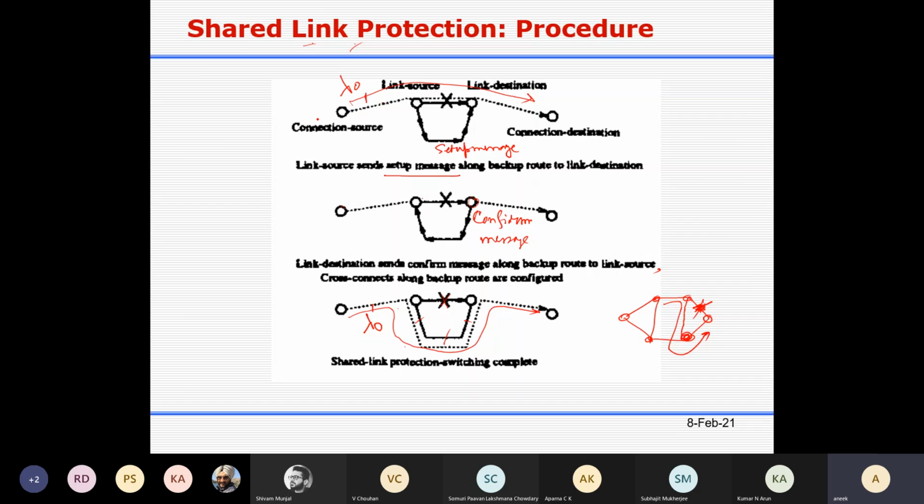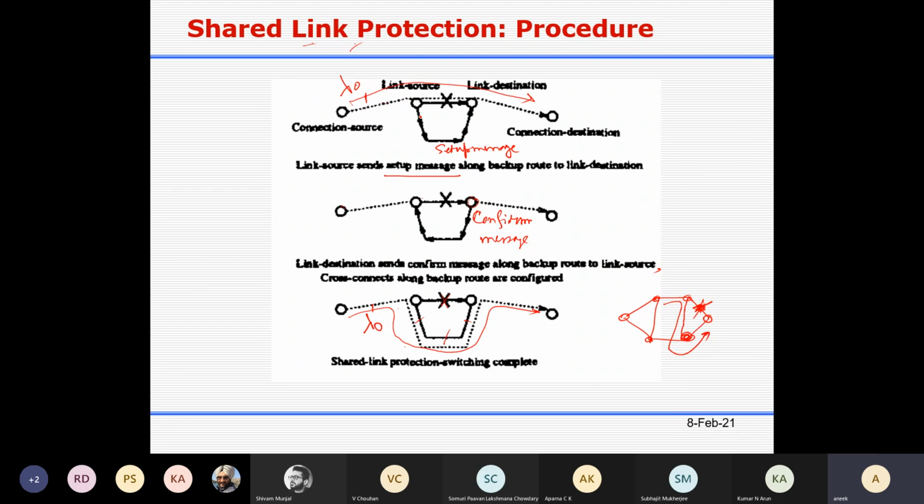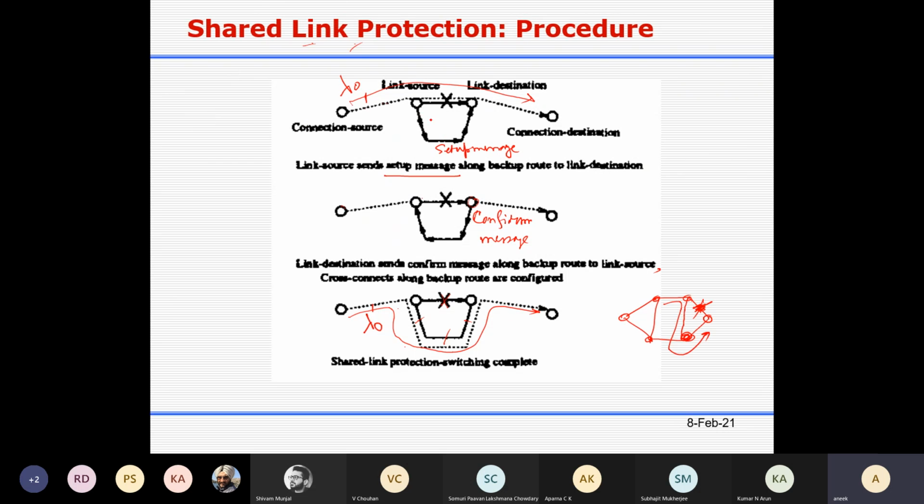If we compute the protection switching time, first there will be the failure detection time, then n+1 into c, because here you have to configure it. The configuration will be along the backup route. There are m hops, so m+1 into c. Then you have to send your setup message and receive the control message.